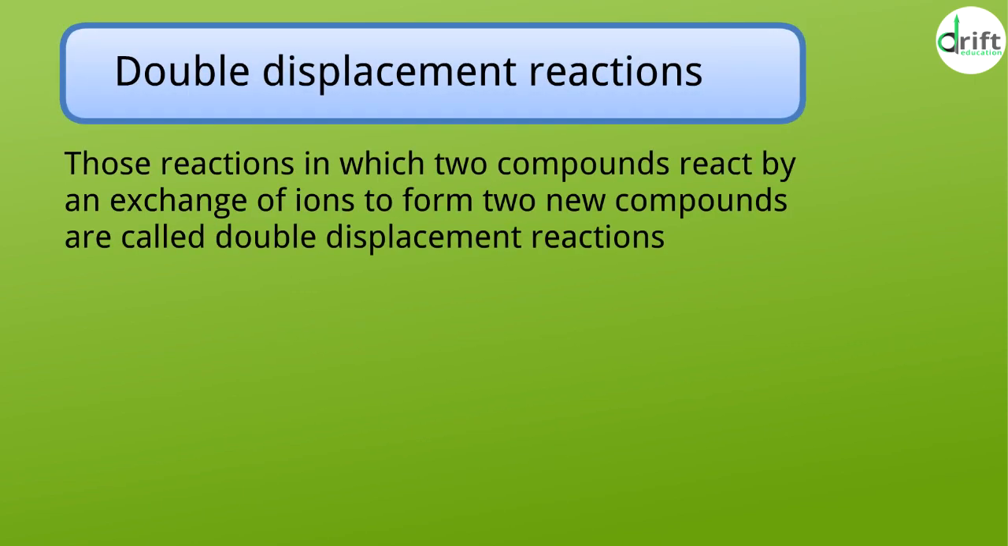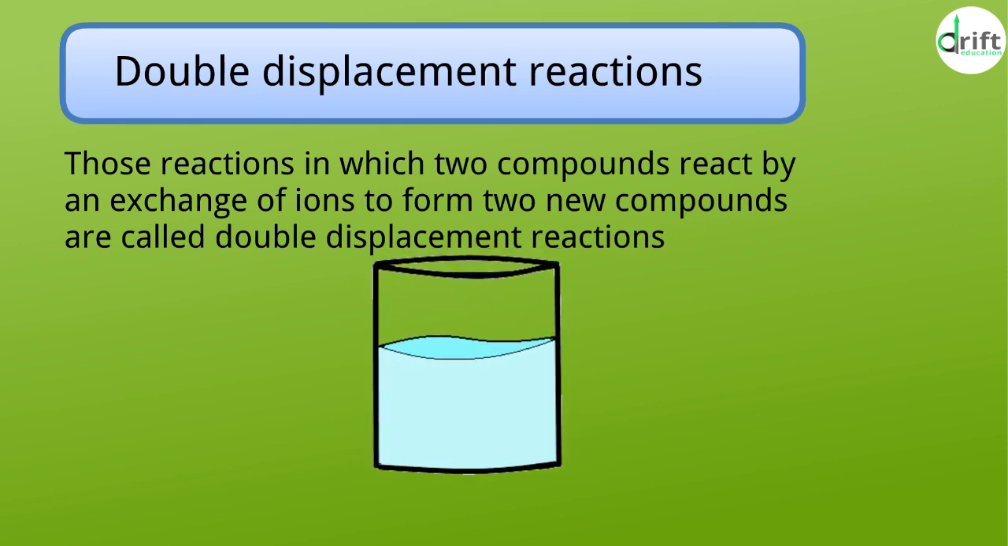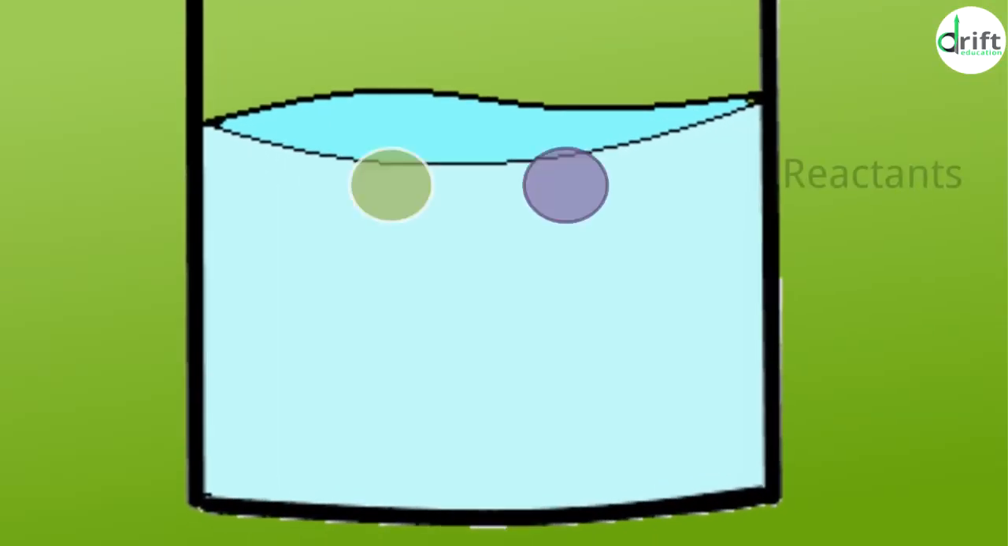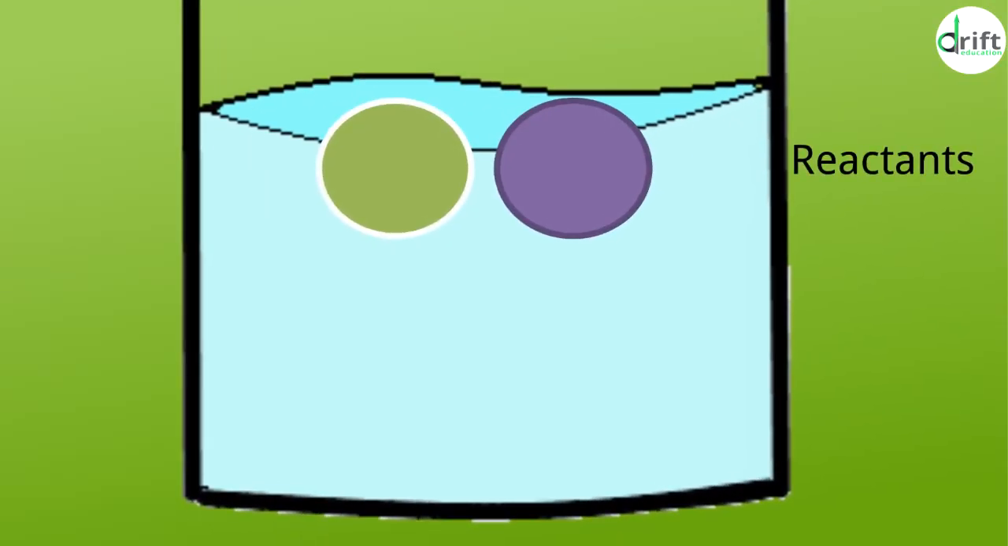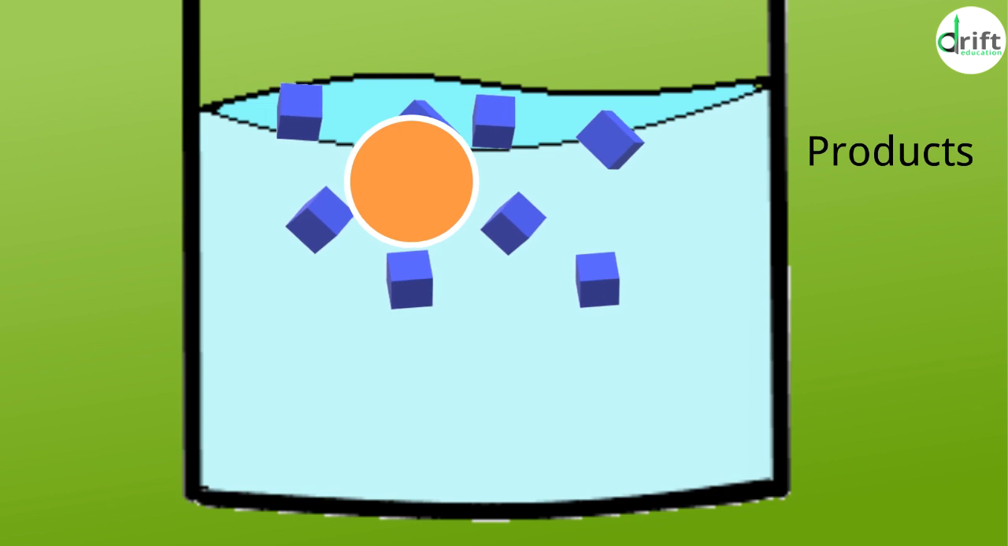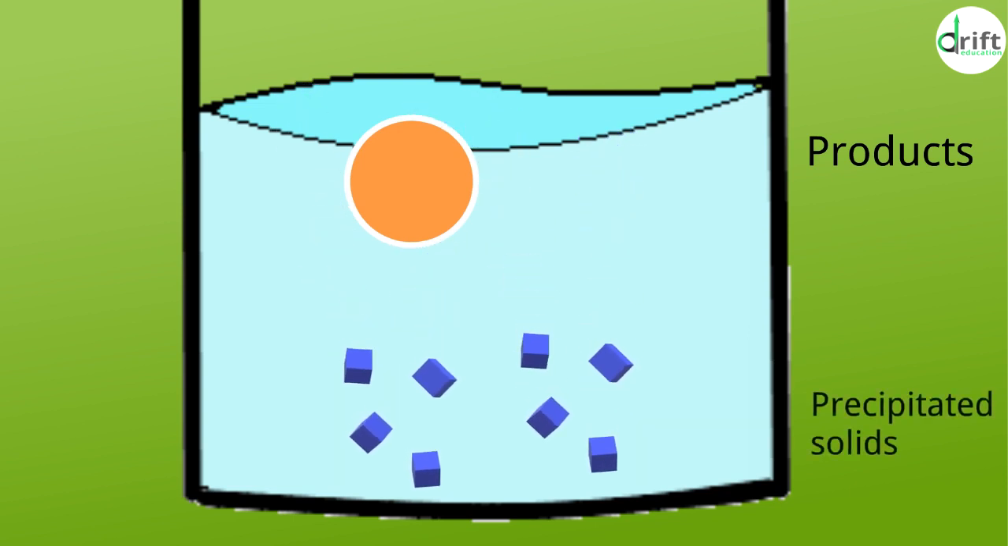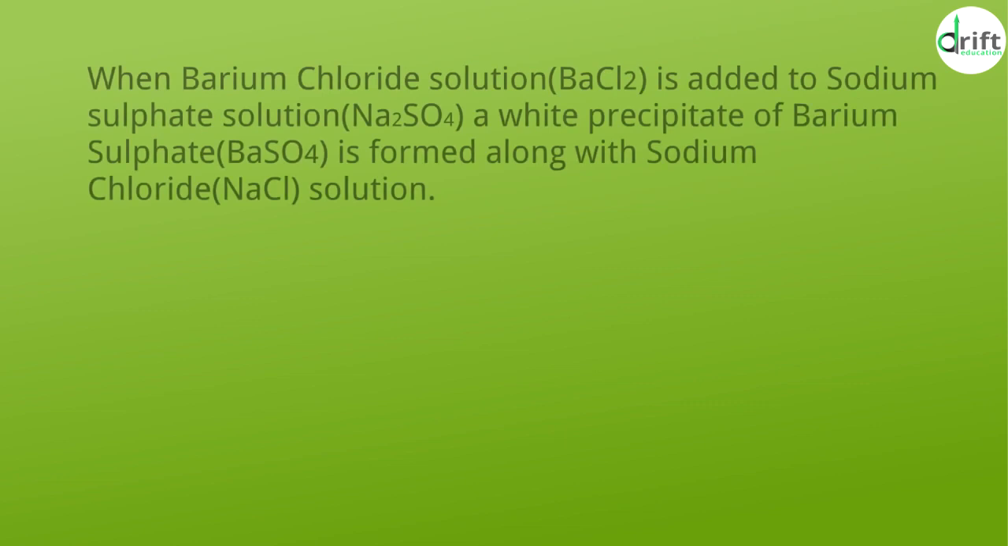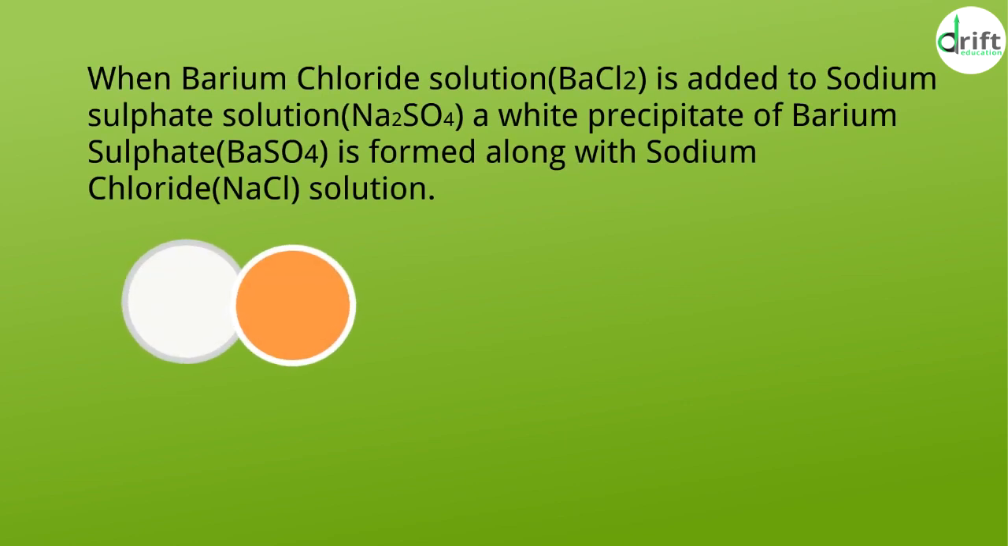Those reactions in which two compounds react by an exchange of ions to form two new compounds are called double displacement reactions. A double displacement reaction usually occurs in solutions and one of the products, being insoluble, precipitates out, that is, separates as solid. For example, when barium chloride solution is added to sodium sulfate solution, that is Na2SO4, a